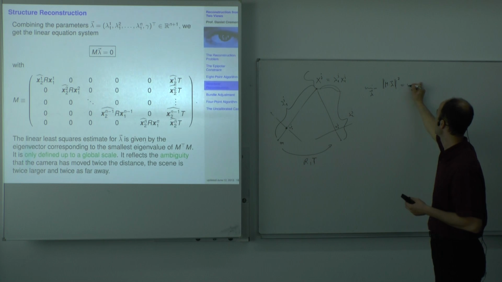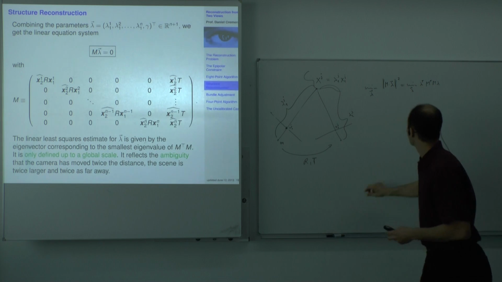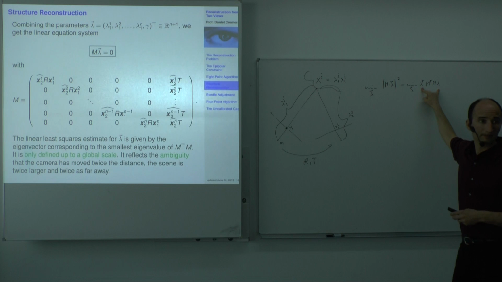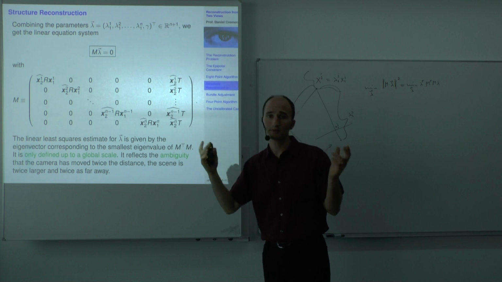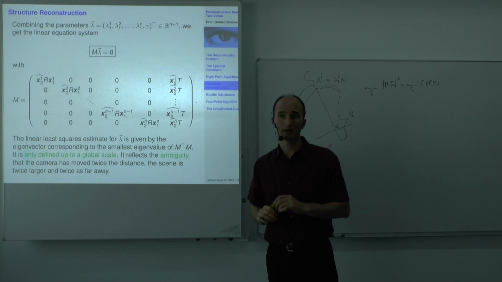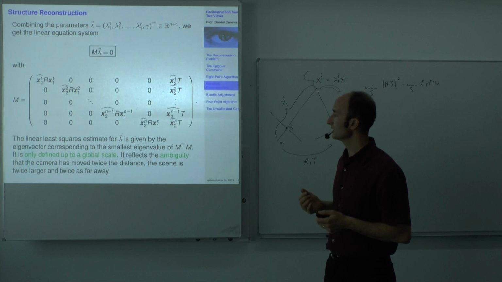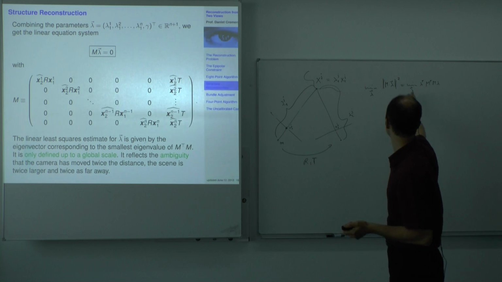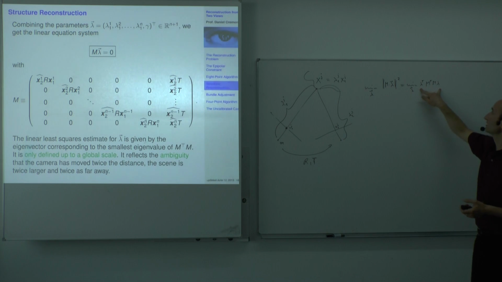And if you do that, then you minimize over lambda, lambda transpose M lambda. And of course, this is minimized, among other things, by setting lambda to 0, right? If we put the scale to 0 and all the depth values, everything shrinks to a point. As I mentioned, this is always a valid reconstruction. So what we need to additionally impose is that lambda has unit length, let's say. And if you minimize this expression under the constraint that lambda has length 1, what you get is